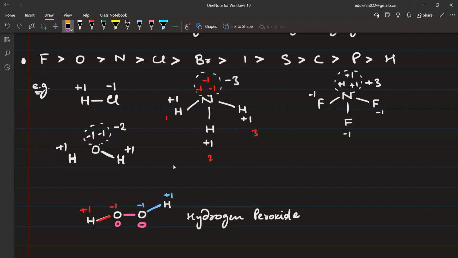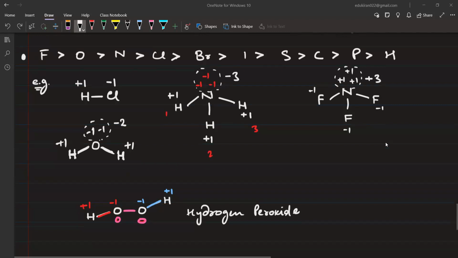Just for example, hydrogen, we don't write +1 +1 = +2, right? We did not do +1 and +1 +2 for hydrogen. So for each hydrogen we still say that there is a +1 oxidation state. Similarly here, the oxidation state for oxygen is what? -1. Now please see here, guys, what was observed, generally speaking,